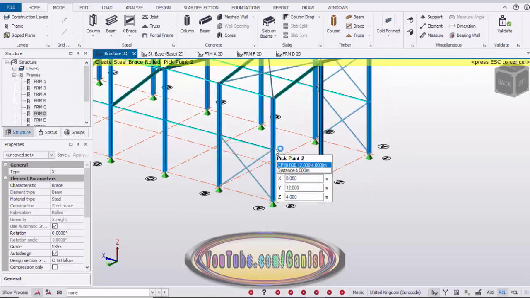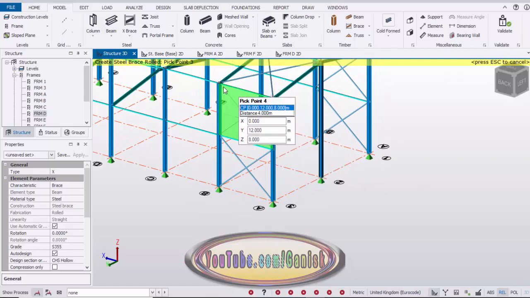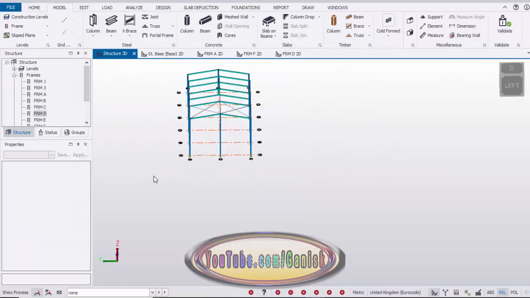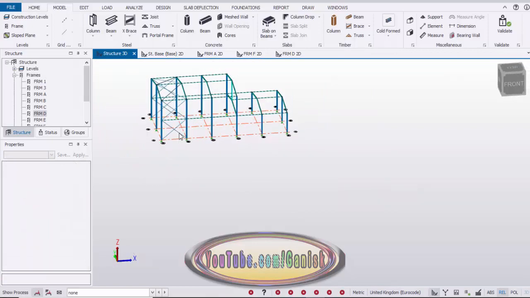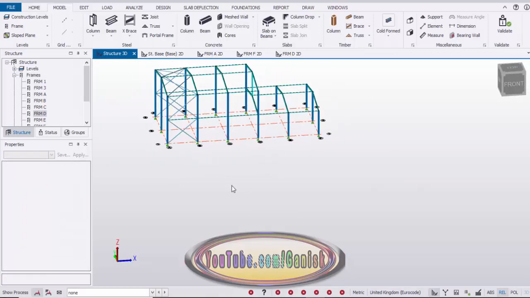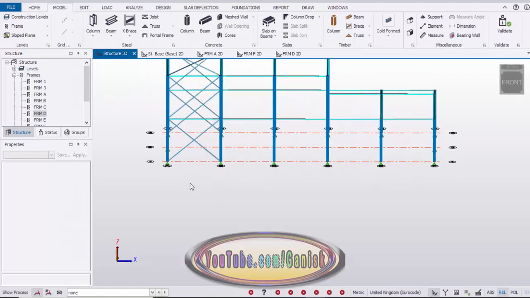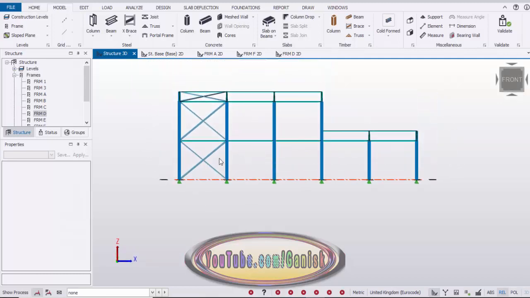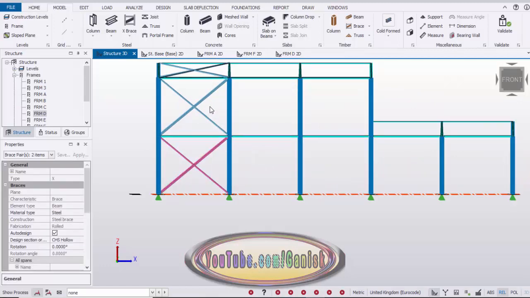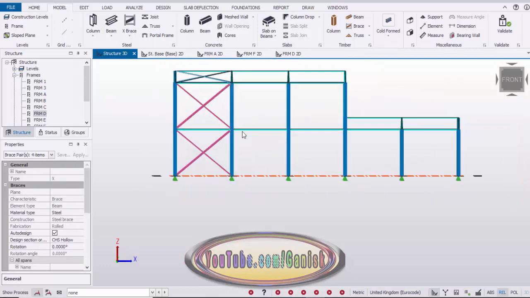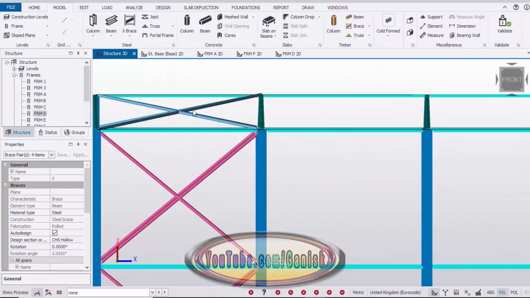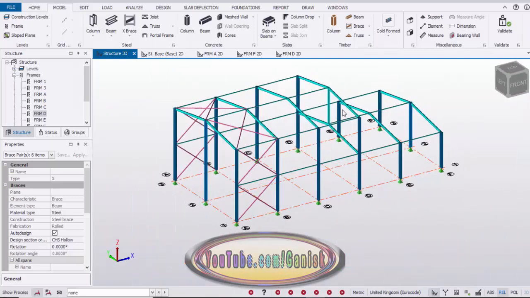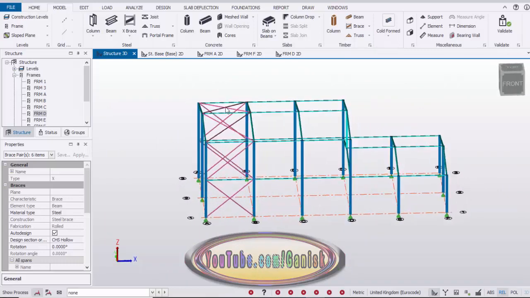Do the same procedure to place the bracings like this. Click on escape to exit the command. Now we're going to copy these bracings to place at here. So just scroll it like this and drag and select here, and hold the control button and select this, and hold the control button and drag and select these bracings. Okay, you can see, to make sure all braces are selected in this bay.